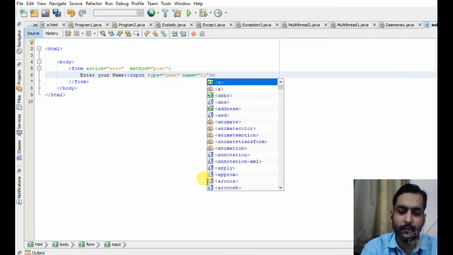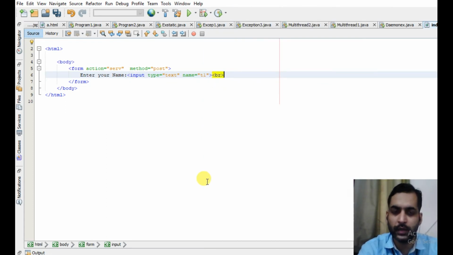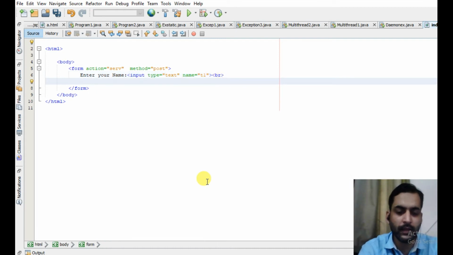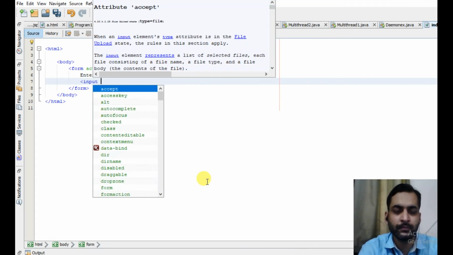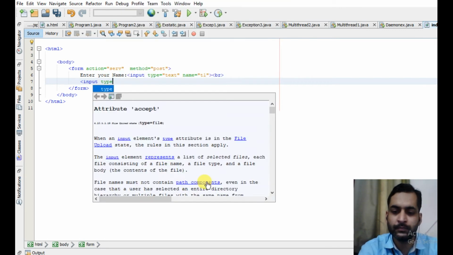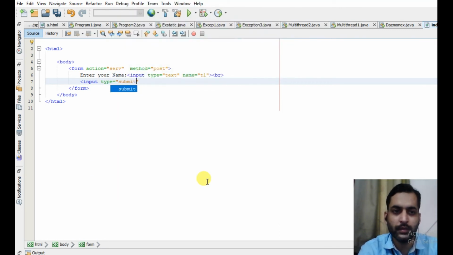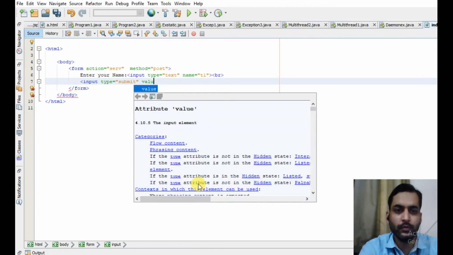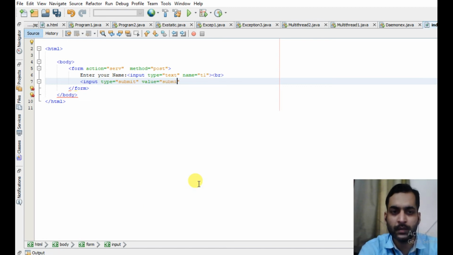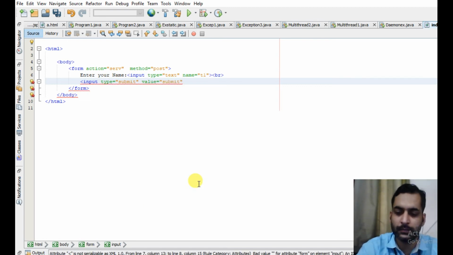Use BR for the next line, break row, and then the submit button simply. Input type is equal to submit, and value is equal to submit. This value is actually the caption of the button.